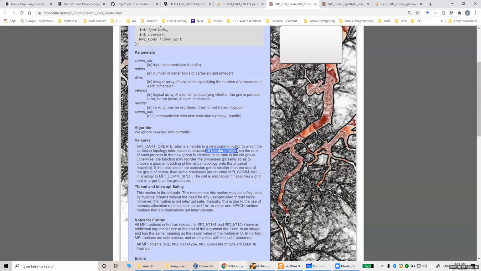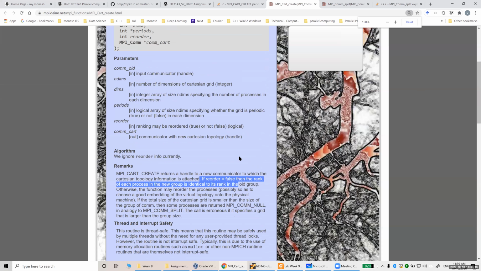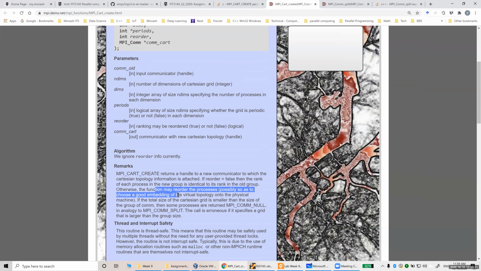If the reorder is false, then the rank of each process in the new group is identical to the rank in the main communicator. Otherwise, the function may reorder the processes to choose a good embedding of the virtual topology into the physical machine. Now, in my experience, we put it to true, but so far, in my experience using Cartesian,